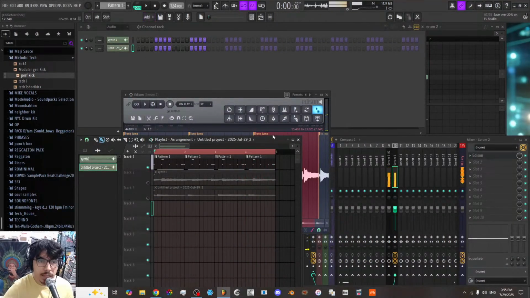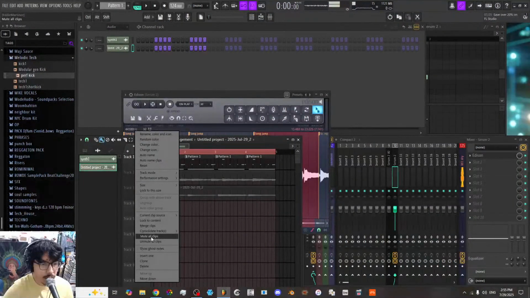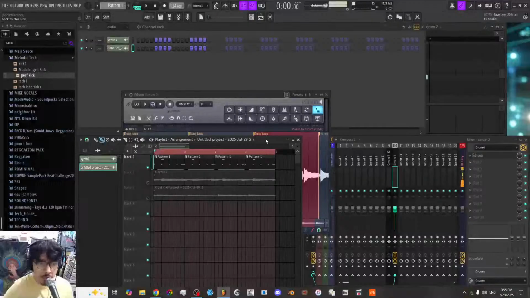I like recording it in Edison instead of going in here and consolidating it, because if you consolidate it, you don't get that loop. For example, these sounds have reverb and delay. So when it loops, it's kind of like overlaying that reverb and delay. And if you consolidate it, you don't get that information. You get just the dry information from the beginning, which will give you stuff like clicking and things like that, which is not what you want.